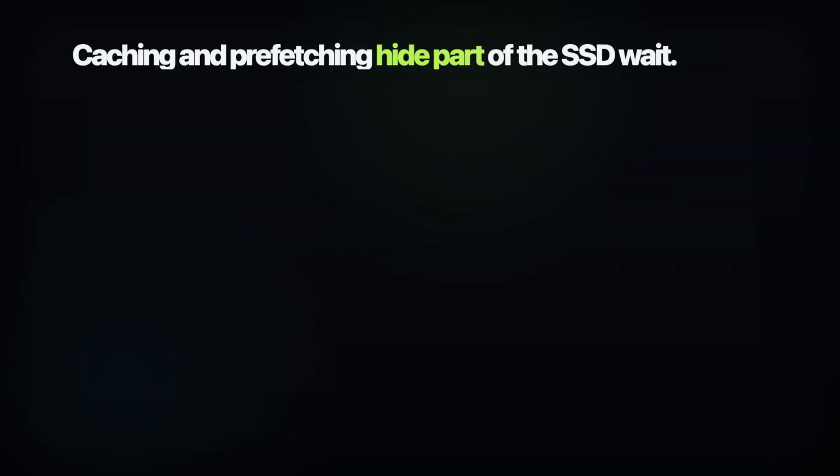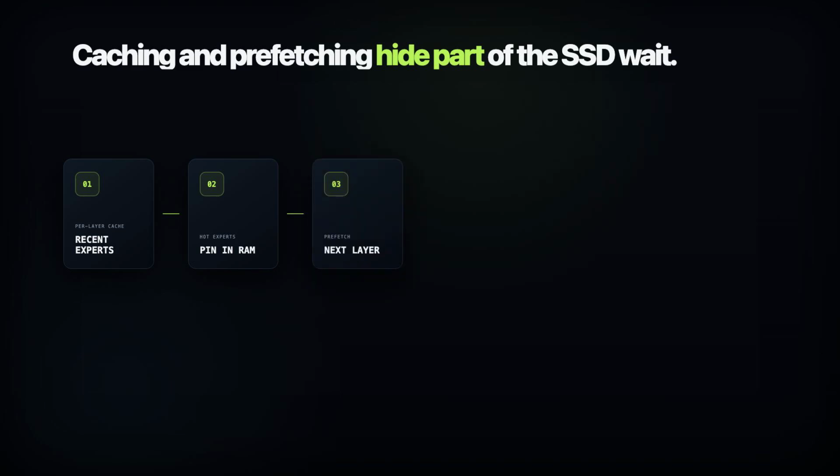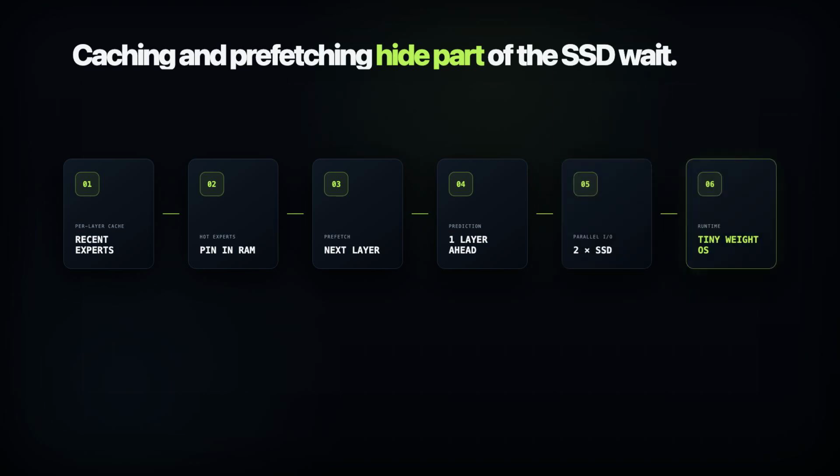Colibrì uses several tricks to reduce how often it has to wait for the SSD. It keeps a per-layer cache of recently used experts. It can learn which experts are repeatedly hot for a particular workload and pin those in faster memory. It can prefetch experts for the next layer while the current layer is still computing. The project reports that routing is predictable enough one layer ahead to make this useful in many workloads. It can even spread reads across 2 SSDs. This is less like traditional model loading and more like a tiny operating system specifically designed to move neural network weights between